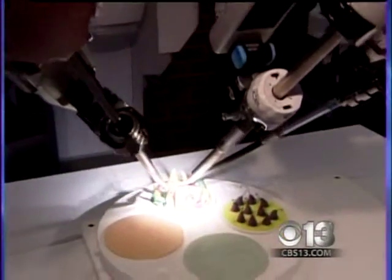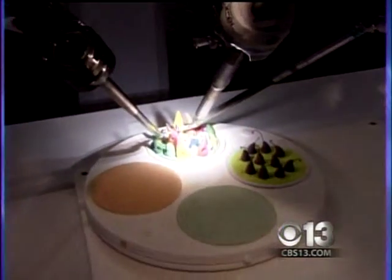Well, Mercy is one of a handful of facilities across the country offering this minimally invasive and rather innovative procedure. The times have changed. Sacramento Mayor Kevin